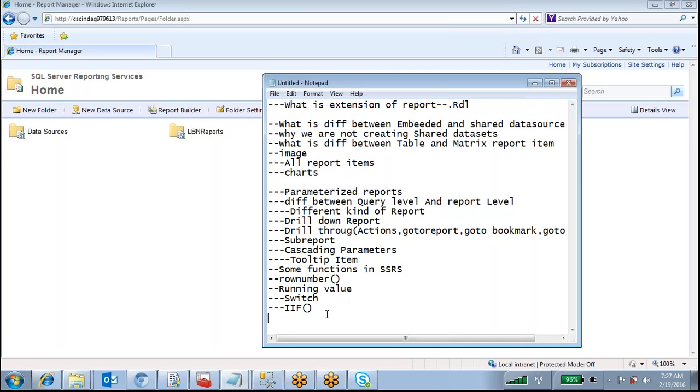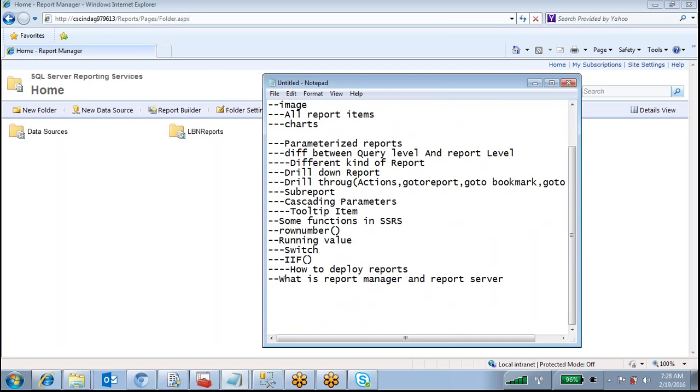Okay, and the next one is how to deploy reports. What is report manager and report server?